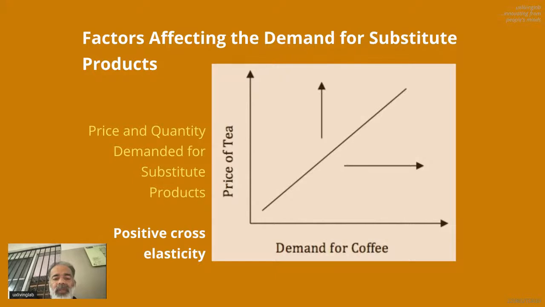When the price of tea increases, demand for coffee also increases. So the two goods that are substitutes show a positive cross elasticity. It means that as the price of product X rises, the demand for the other product rises, as seen in the graph above. When the price of tea increases,